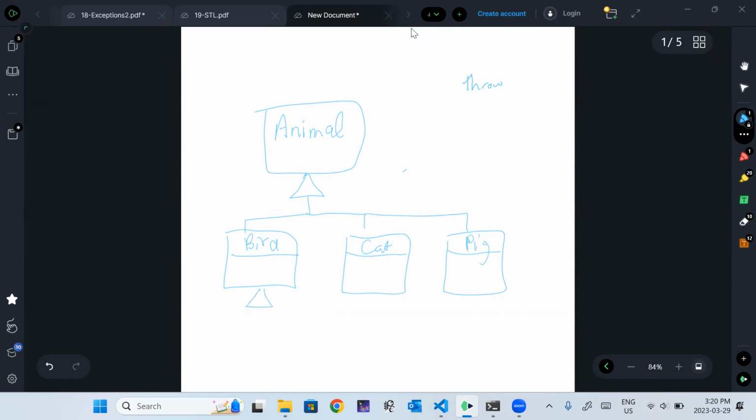And then we have a chicken, which is a derived class of bird. I think that's all we have. And this is the hierarchy, right? So a chicken is a bird, which is an animal. A cat is an animal. Pig is an animal. Neither of them are birds. So this is what our class hierarchy looks like.